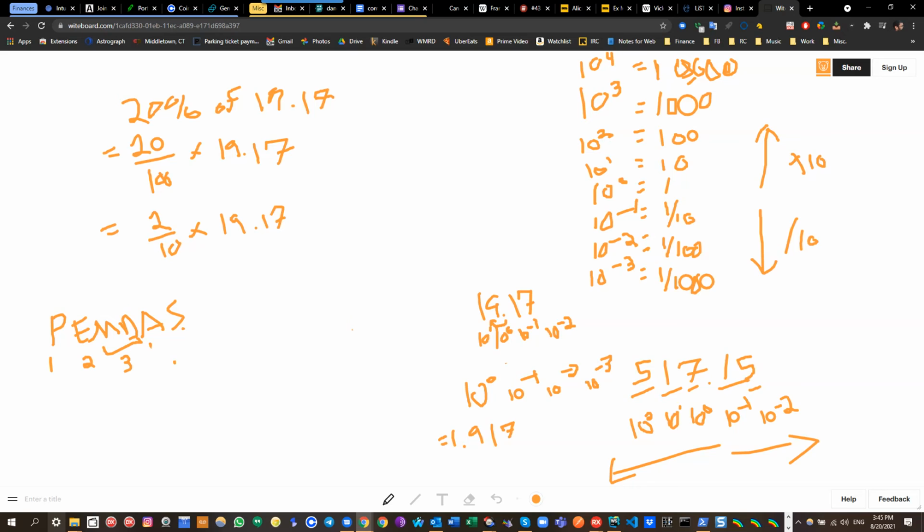I can divide by 10 first if I want, and I do want to, because it's a lot easier for me to think about conceptually, because of what we figured out over here. Dividing by 10, all that is moving the decimal place over 1. That's all I have to do. I don't even have to think about it whatsoever. So that becomes 2 times